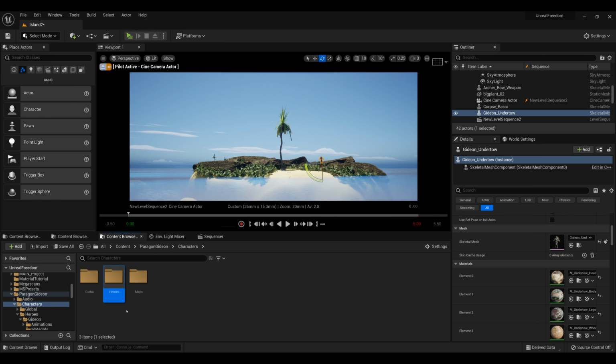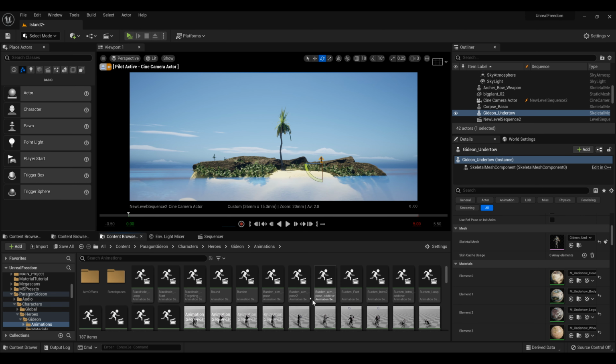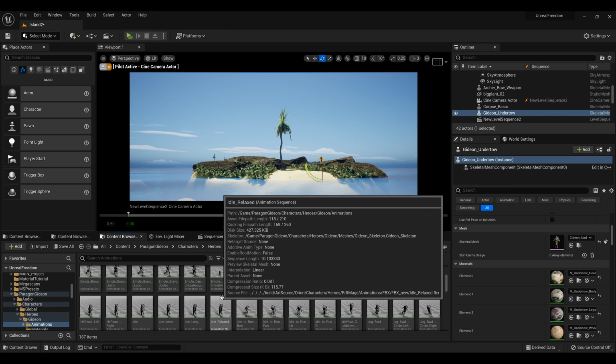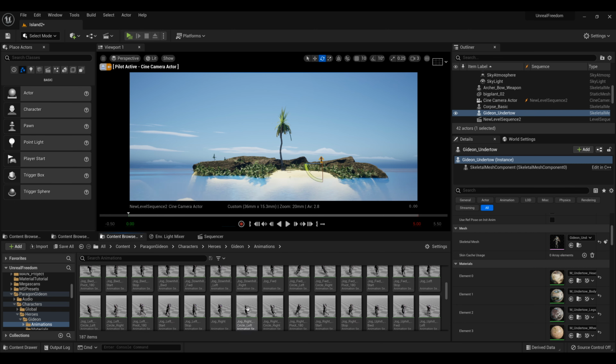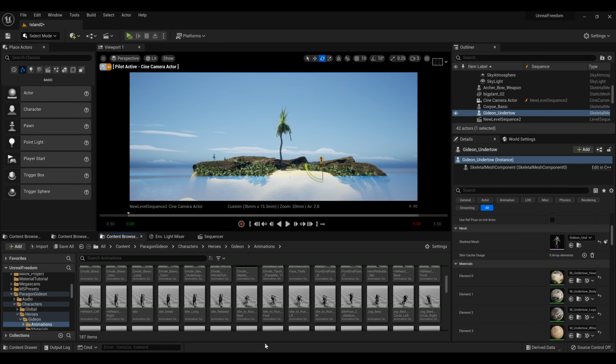Character, heroes, animation. So in this animation you can choose a pose, something with a nice pose. It doesn't matter too much for me because I already did, but you can pick